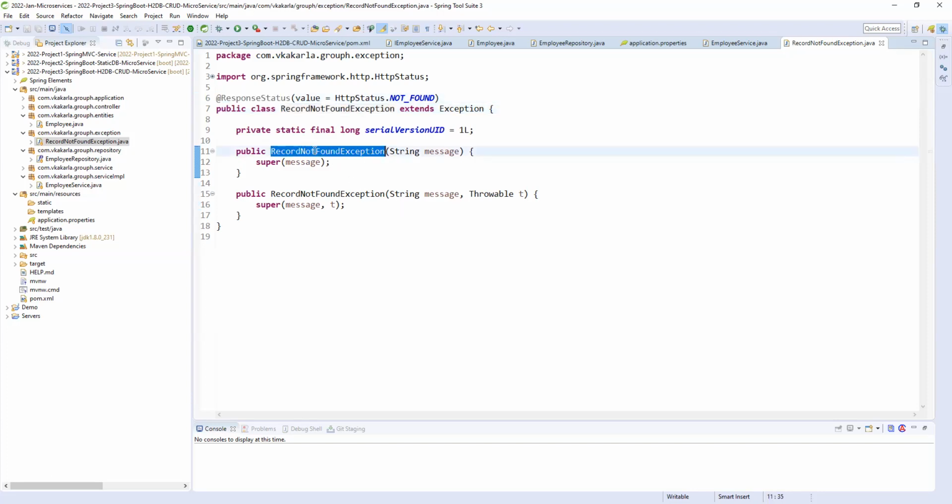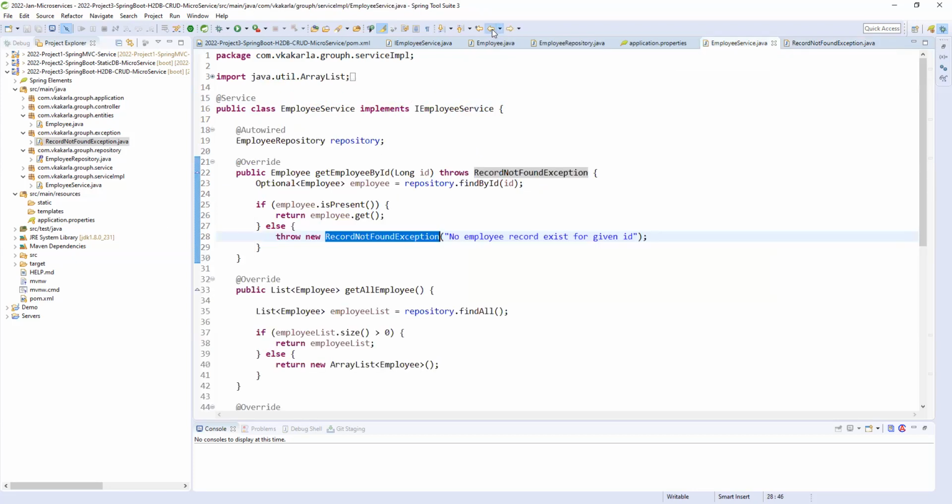We have a single parameter constructor and a double parameter constructor, so we can throw the message, or the message along with the exception type. Like that we can throw 'No employee record found for given ID' as a response status body.